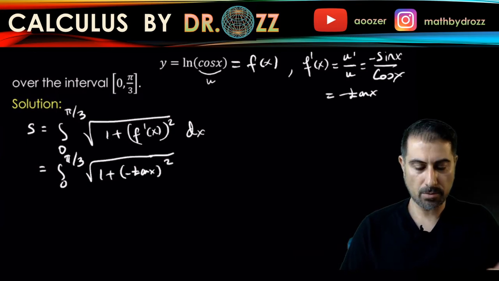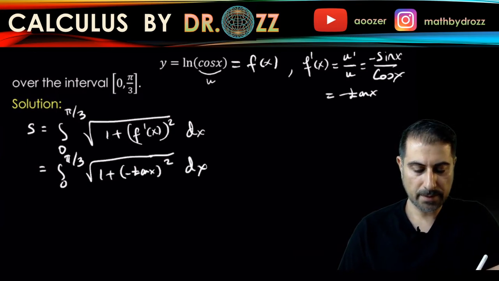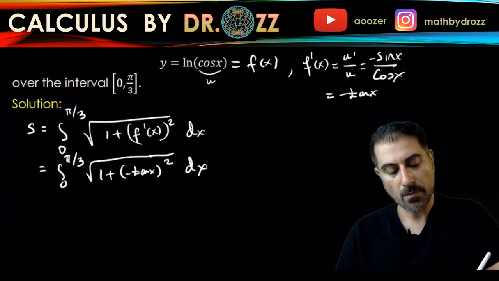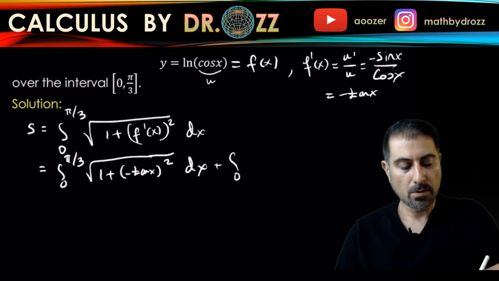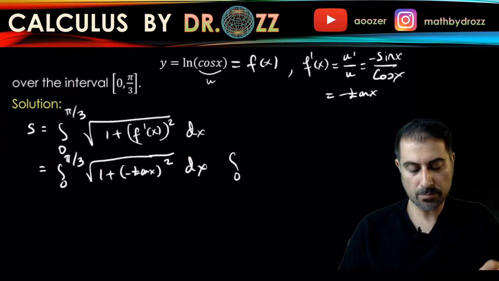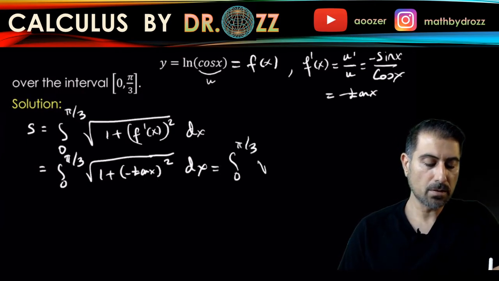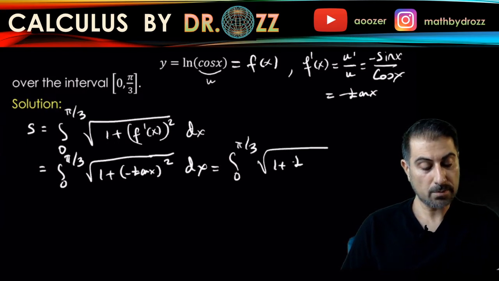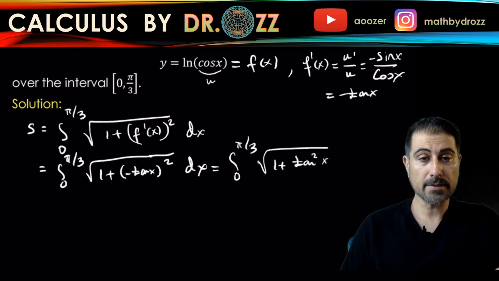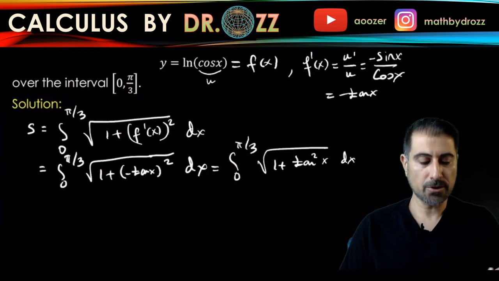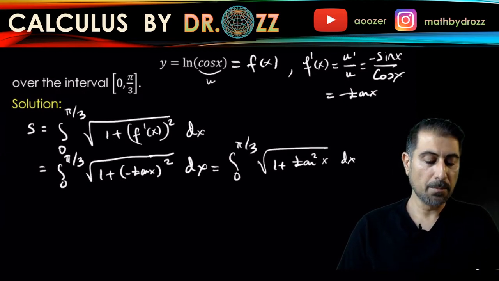All right, so let's expand that out, in fact, write it in a cleaner way. Integral from 0 to pi over 3 of the square root of 1 plus tan squared x dx. All right, so we don't have any formula to directly integrate this integrand, but we can